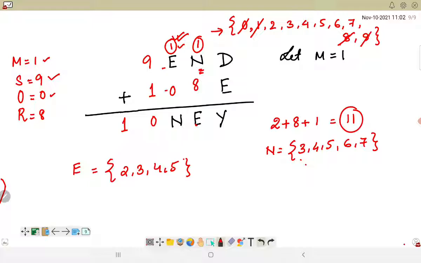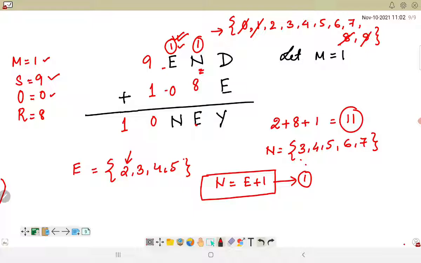Okay, so let us explore this possibility. So first, if we are considering e is equal to 2, I believe we still remember equation 1, which was basically n is equal to e plus 1. So if you are considering e is equal to 2, then what happens? This was our equation 1 that we formed.